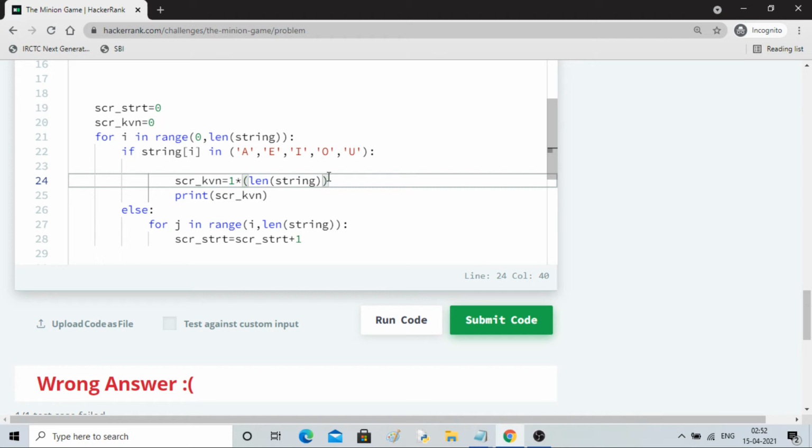So the for loop was running from I to length of string. Whatever the difference is, multiplied minus I. It kept on adding I plus 1, I plus 2, I plus 3.